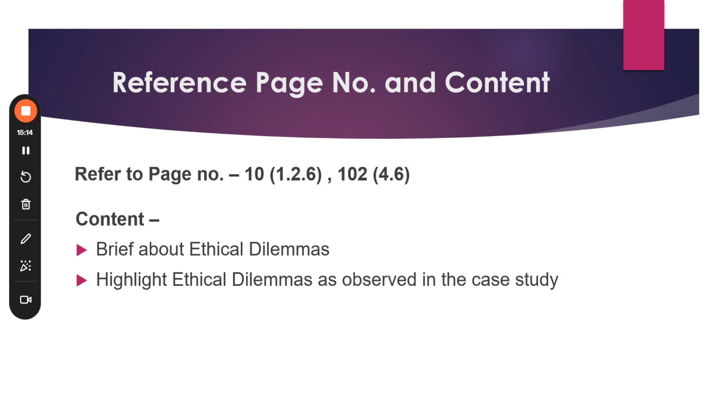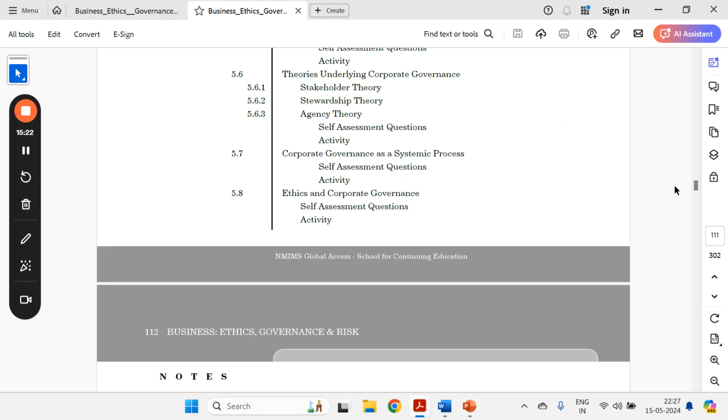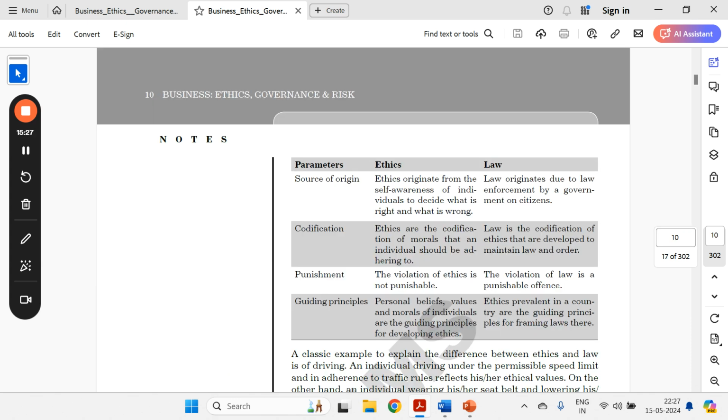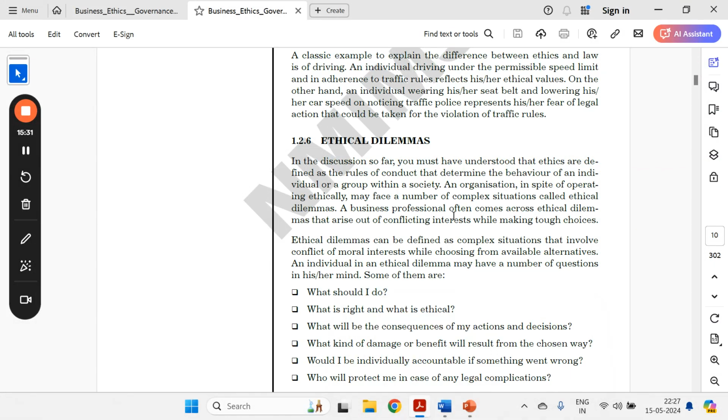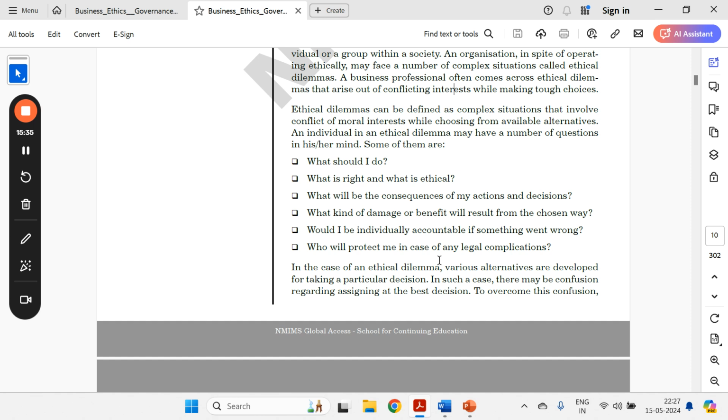Firstly, you need to understand what the ethical dilemma is. I have just referred to pages 10 and 102. Quickly jumping to it, I'm not using much of your time. Just go to page number 10, ethical dilemma. It's mentioned what an ethical dilemma talks about. You can get some of the questions which talk about the ethical dilemma, and after that go to the